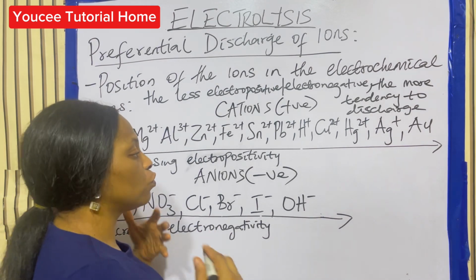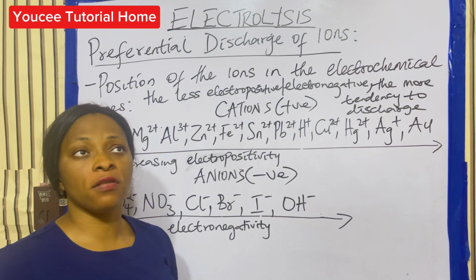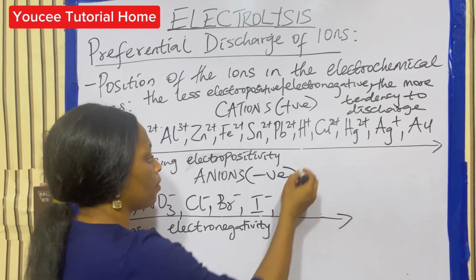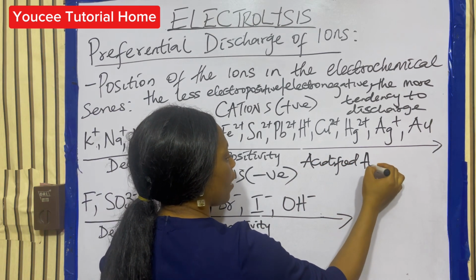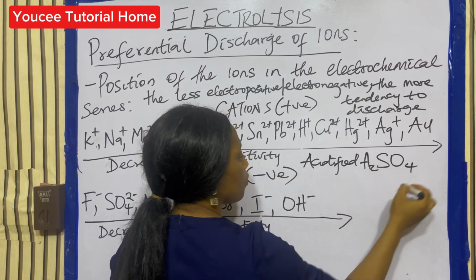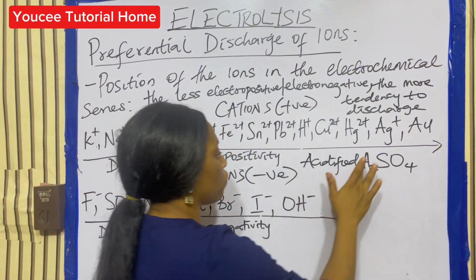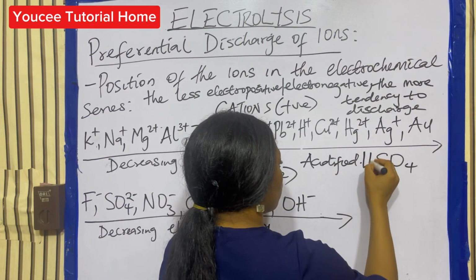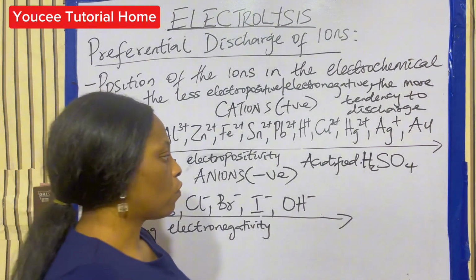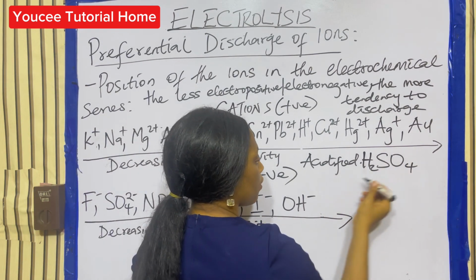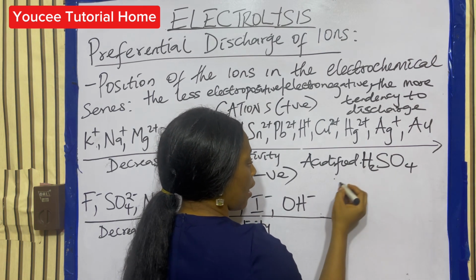Let's say you want to conduct electrolysis of acidified water. What is acidified water? Acidified water is water to which you have added a few drops of tetraoxosulphate(VI) acid. We refer to it as acidified water. Now let's look at this. Remember, it is in water. So for this, at the anode,